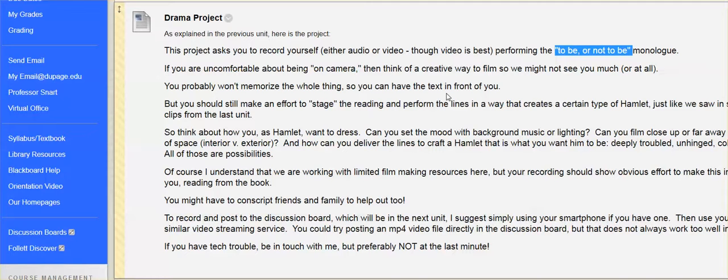But regardless, you don't just want to read the words on the page. You want to, as best as you can, perform them. Have a little fun with it too. You'll notice from the previous unit that all of those Hamlets were performing more or less the same speech, but